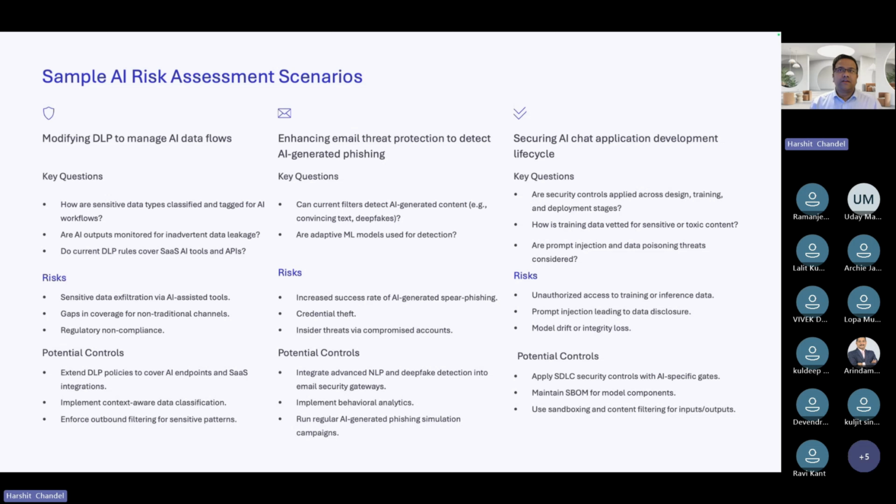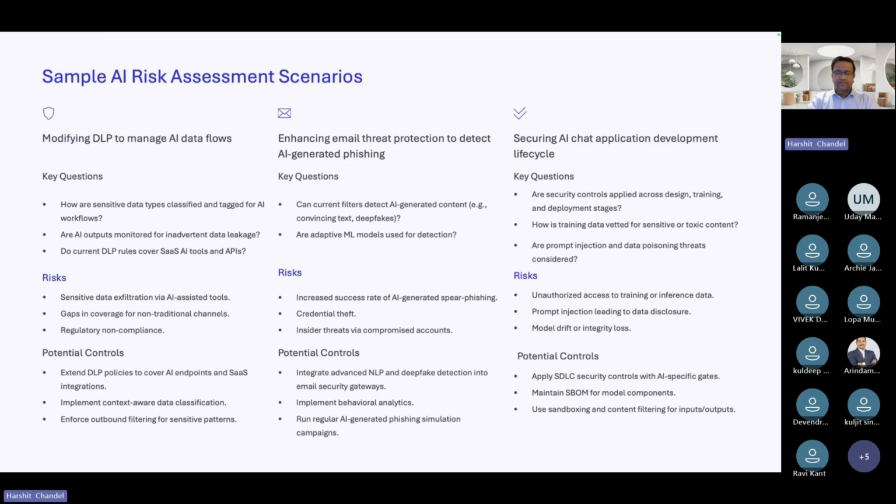Is the organization ready to detect such emails, which are deepfakes? Deepfakes have become so sophisticated that at times it's very hard to differentiate. Are the tools or technologies which you have implemented at your gateway